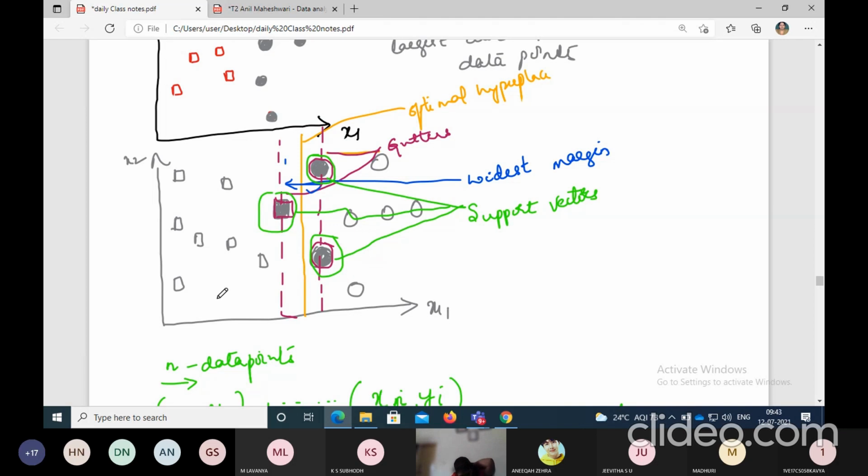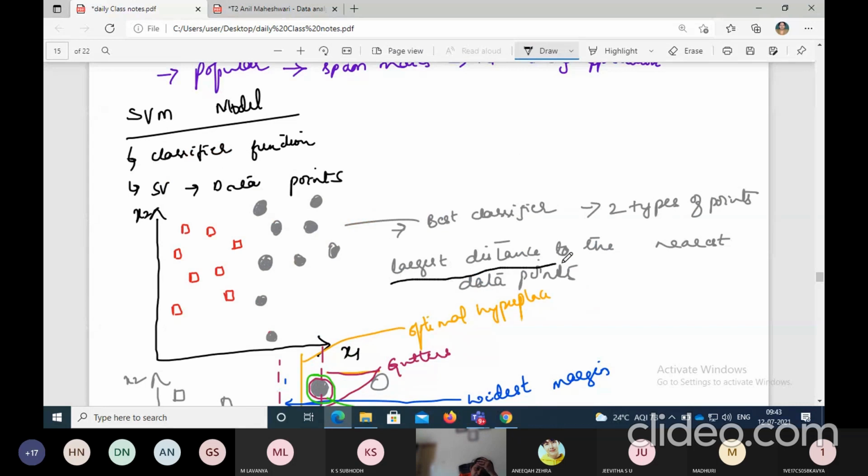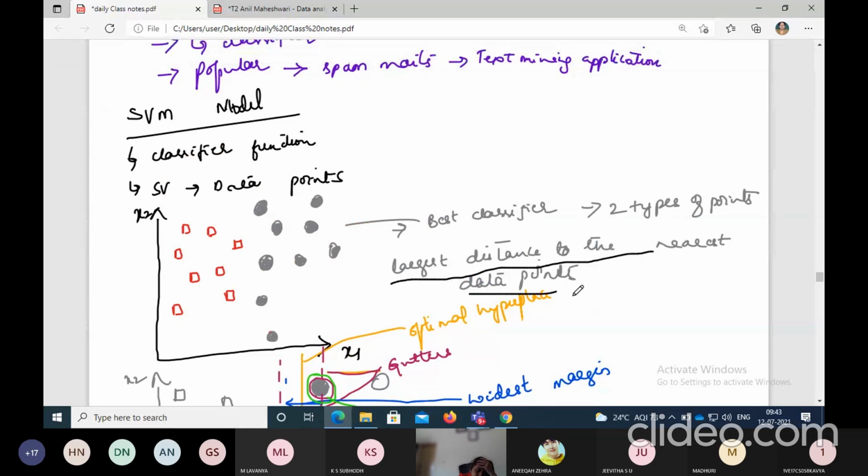Okay. So the support vector machine algorithm finds the weights of the vectors W for the features, such that there is a widest margin between the two categories, which is being computed and given on the graph. So thus we can compute the support vector machine using these equations, which is nothing but a hill climbing problem in a convex space. So we need to work it out to understand the important point here: the largest distance of the nearest data points. So this you need to understand and keep it in mind.